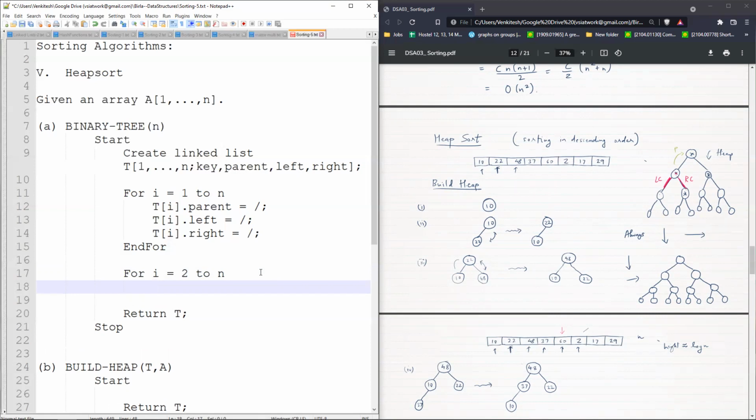Now think about it. A vertex could be of the form 2k or 2k plus 1, but its parent will be k. Is that okay? So the parent value is actually very, very simple to calculate. Just go back, try this on the example and check that this makes sense. Ti dot parent is exactly, what does it become? So once again,